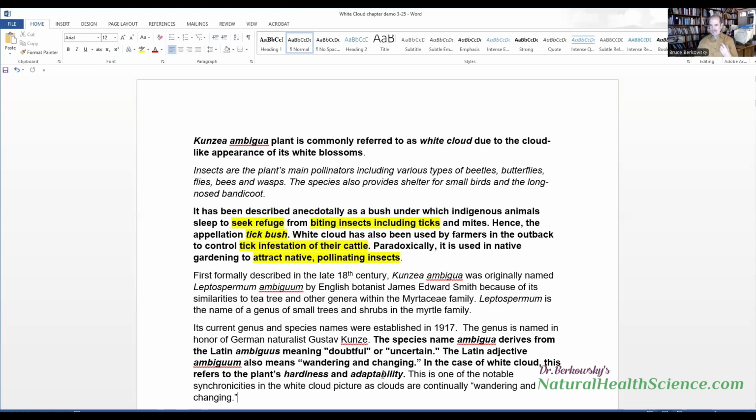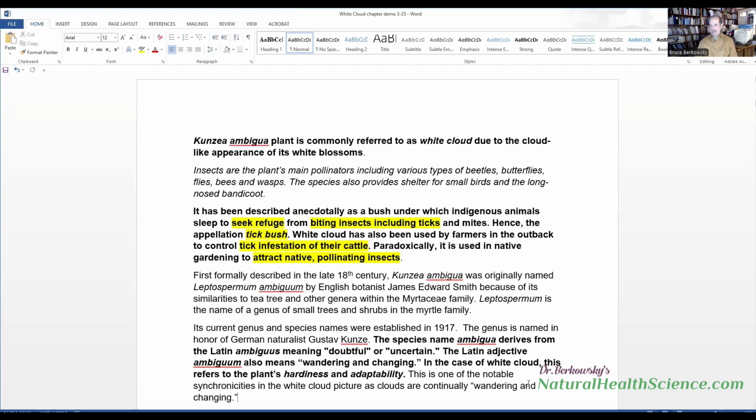This ambigua, this wandering and changing, is why ambiguum was attached to this particular plant. But you can think of this in terms of people who are always wandering, moving here, moving there, their relationships have a short lifespan, they've been through various incarnations in their career, change careers, change majors in college. They have this wandering and changing quality to them. And all of this can be learned